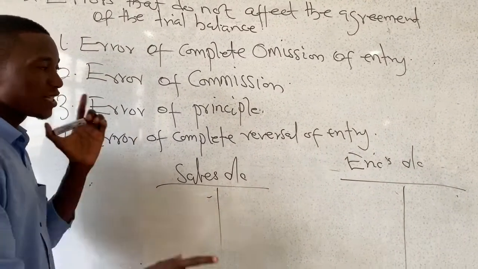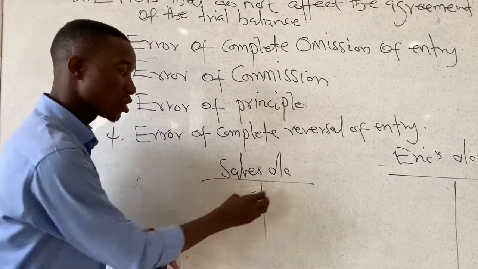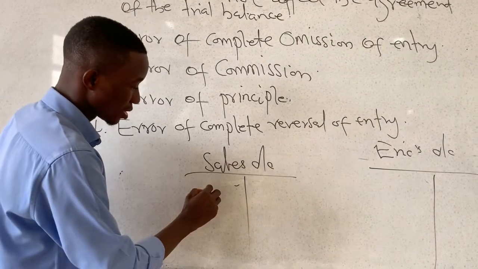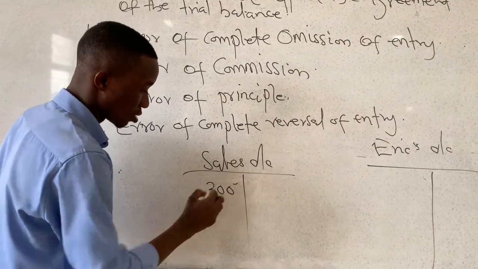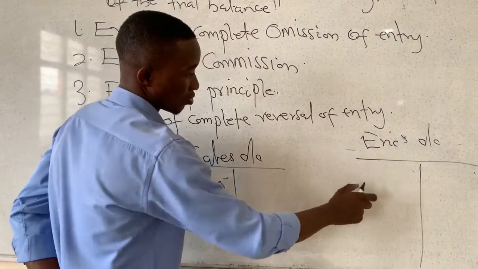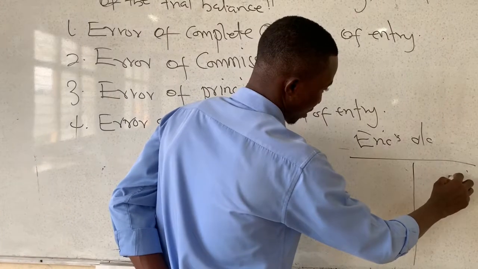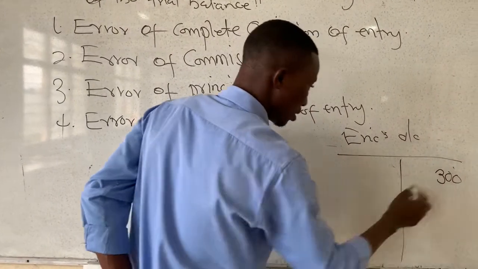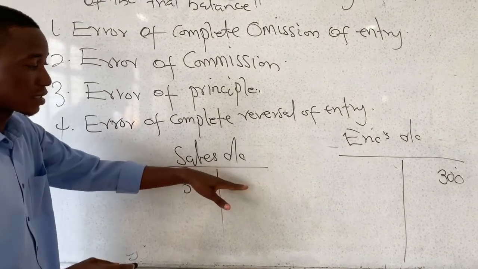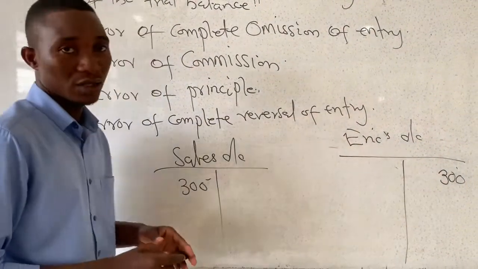But we've completely reversed the entry. Instead of crediting sales account, we debited it, maybe an amount of $300. And instead of debiting Eric's account, we rather credited Eric's account by $300. This is a complete reversal of entry, because we're supposed to credit sales account and debit Eric's account, but we